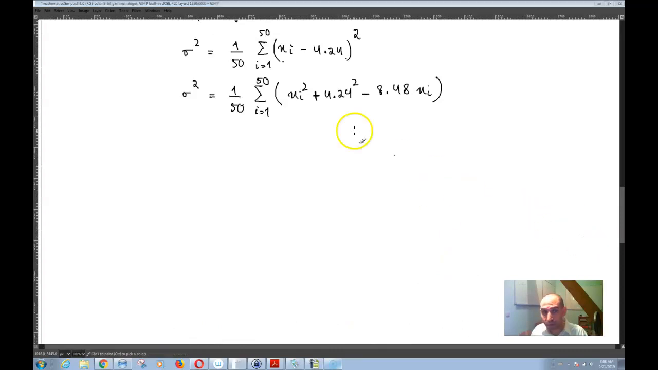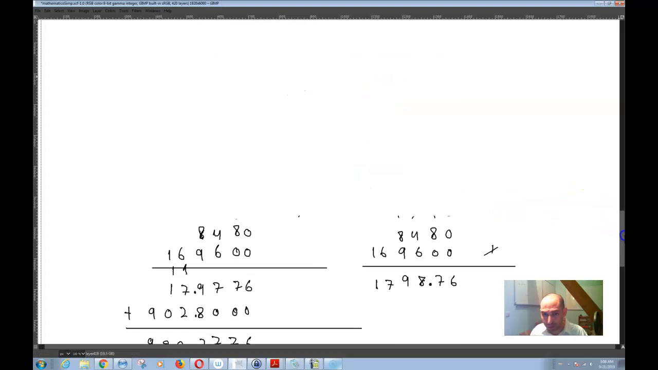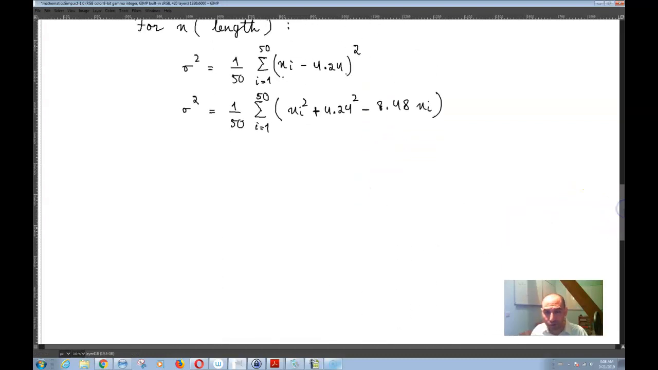Okay, so I have 4.24 squared. So we said that 4.24 squared is equal to 4.24 times 4.24, and then 4 decimal places, so you'll